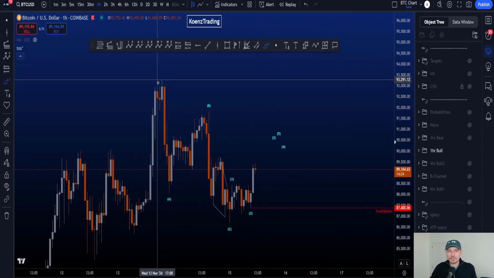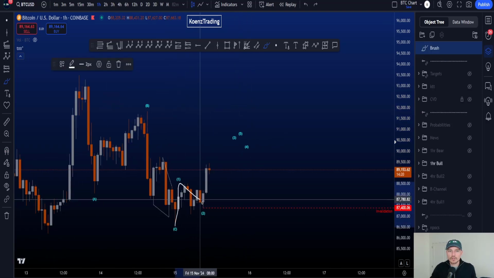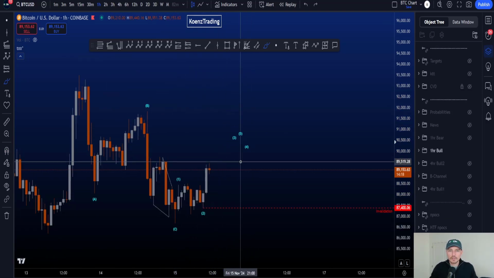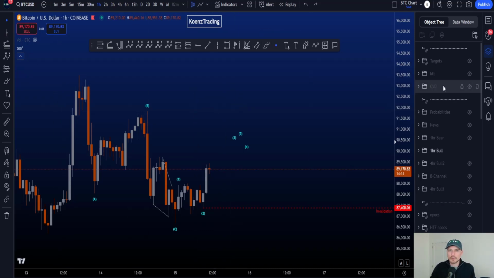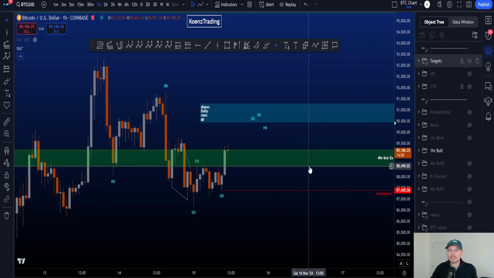Now in this case, we then have a finished A, B, C over here, and we look for wave 1, 2, and now we want to see volume increase and price move towards the upside, as we want to start an impulse to the upside, right? Now the invalidation is 87.4K,